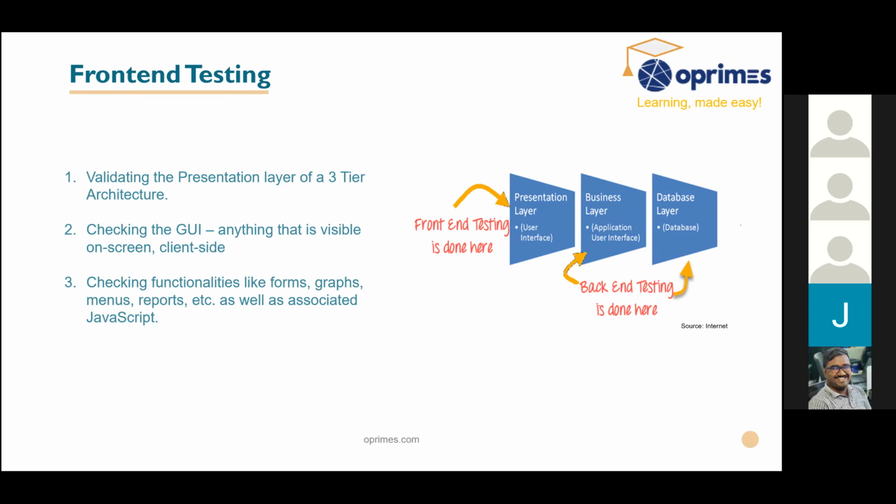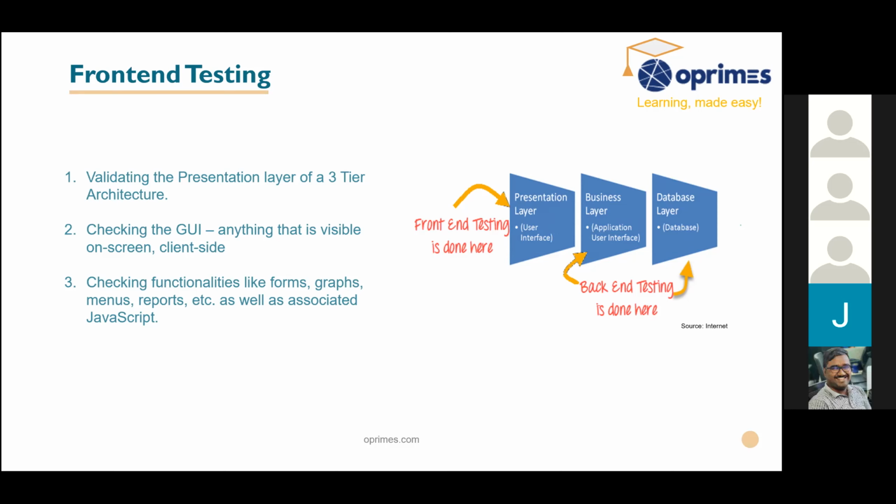On clicking this button, where do I need to be redirected? On scrolling, what should happen? On using the paginations, you know the paginations, right? In Google also, when you're searching something, at the bottom you can see 1, 2, 3, next, something like that. Those are the pagination. On clicking this pagination, whether I'm getting the next 10 content correctly or not. So these quality checks and validations will be done in the front end testing.